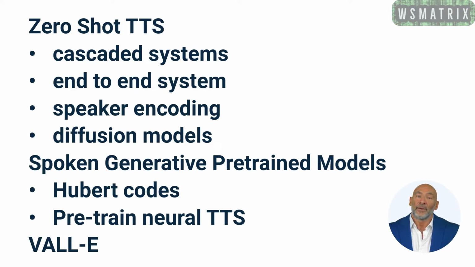Some research has focused on making these tweaks more efficient, so you need less data from the target speaker. Another approach is to use speaker encoding, which is a system that contains a speaker encoder and a TTS component. The speaker encoder can be pre-trained to verify a speaker's identity. These systems have shown good results with just 3 seconds of a speaker's recordings. However, there is still room for improvement. More advanced, but complex, speaker encoders are being designed, and even models based on diffusion, a way of generating new samples from existing ones, have been extended to zero-shot TTS and have shown good results.